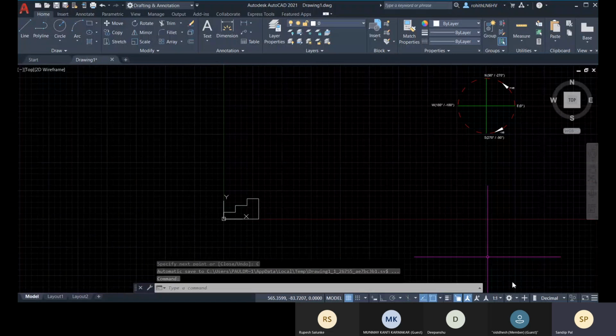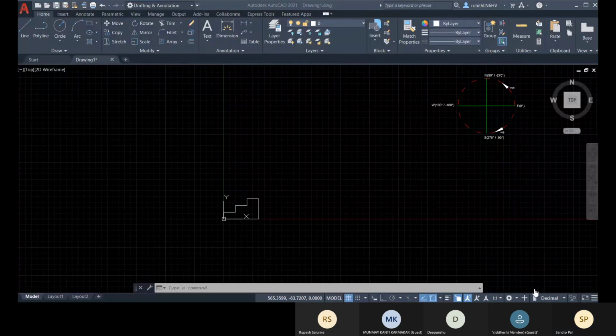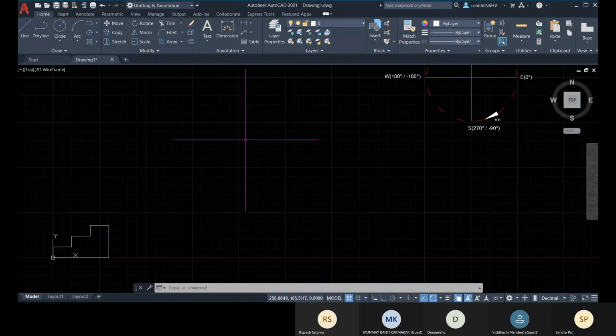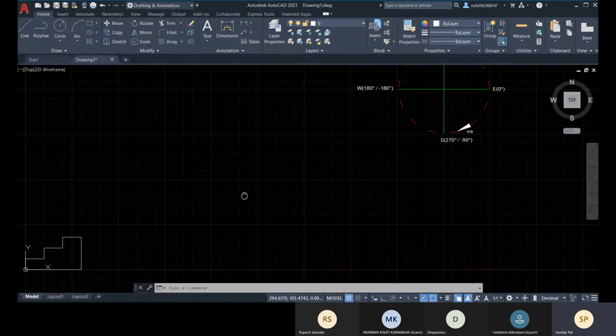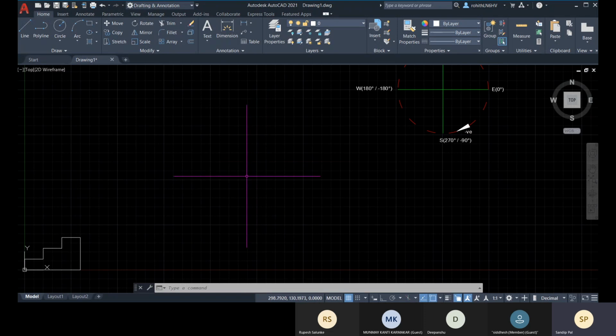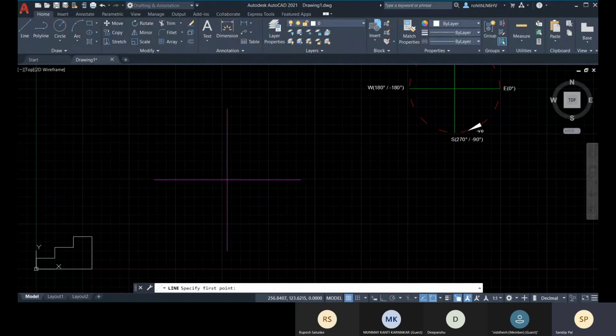Now let me go with a different diagram. So I will take line. Now I'll be creating a star diagram, which will maintain the 60-degree between angle. So let me draw one line, and the distance of each line segment is 30.